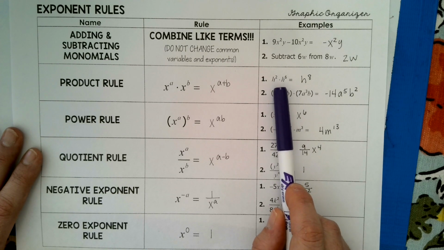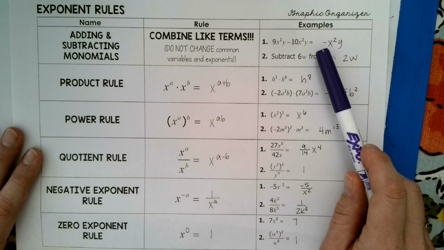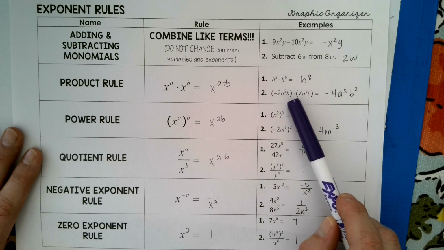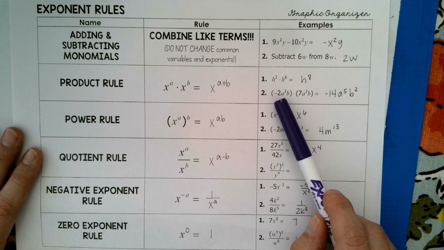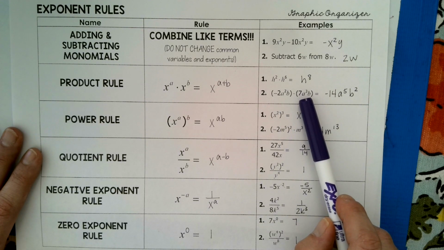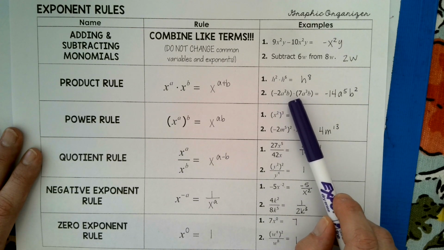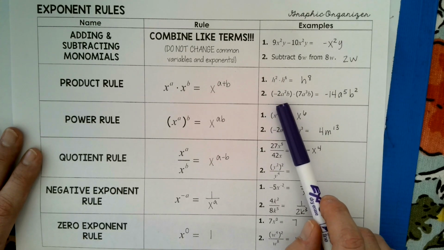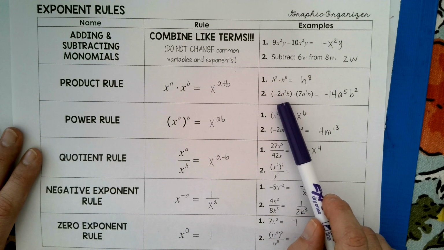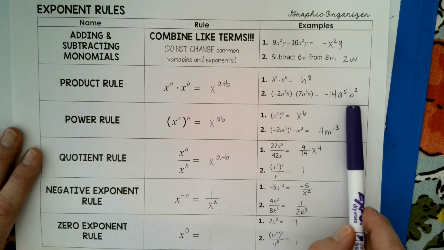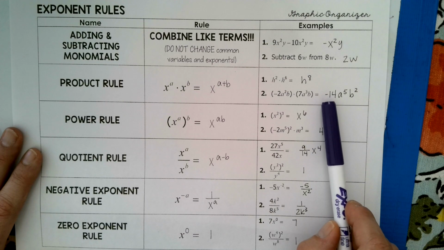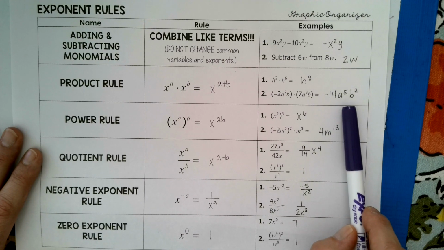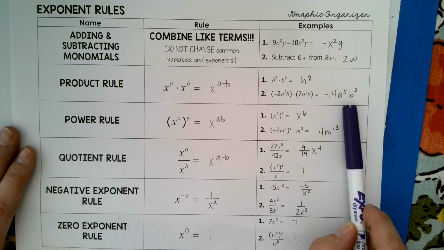Now you're noticing, hey, Mrs. Sagersir, up here we had to have like terms. That's only for adding or subtracting. Once we get down here and we're multiplying, you are going to look at all of the a's. We have a squared and we have a to the third. So they have the same base, even though there's other things in there, and you are going to end up with a to the fifth. B would be to the first power here, b to the first power, so we're going to have b squared. And then you multiply all your constants together,